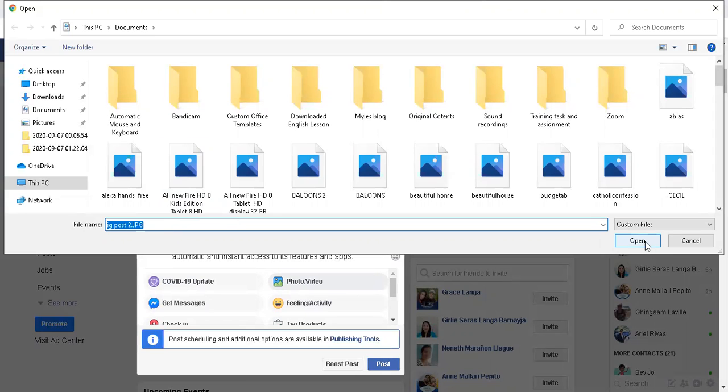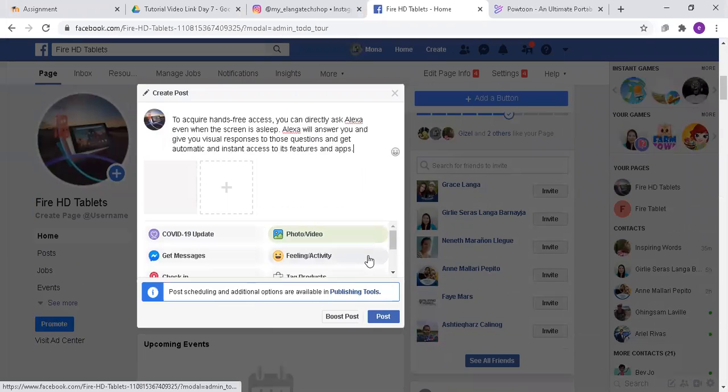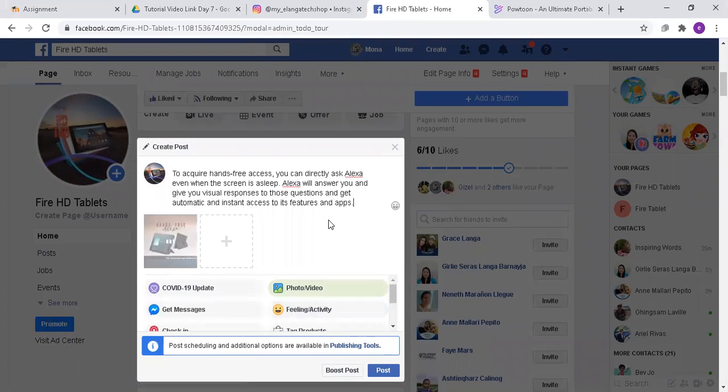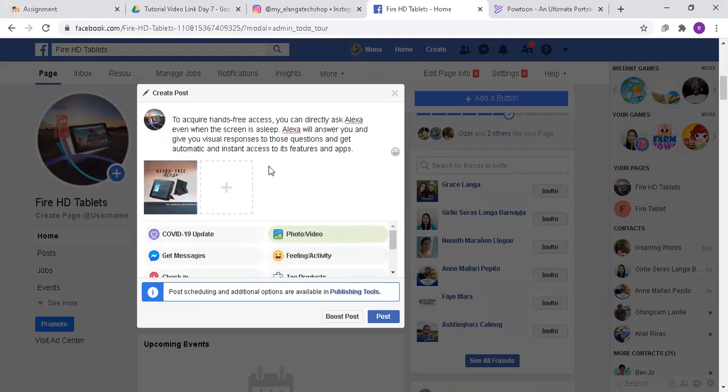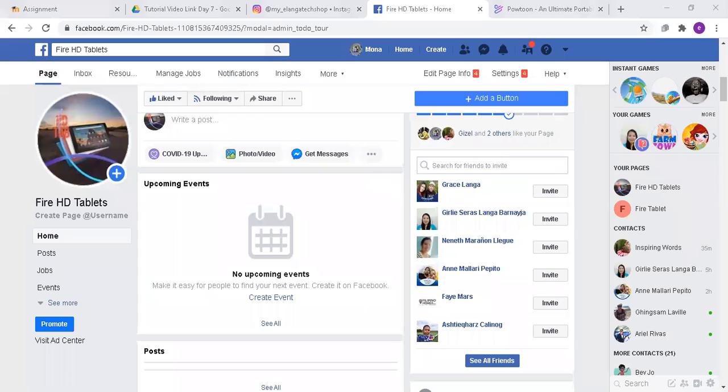So for an image ad, you just have to make sure that it looks appealing and attractive to your audiences. So now I will proceed to text ad.